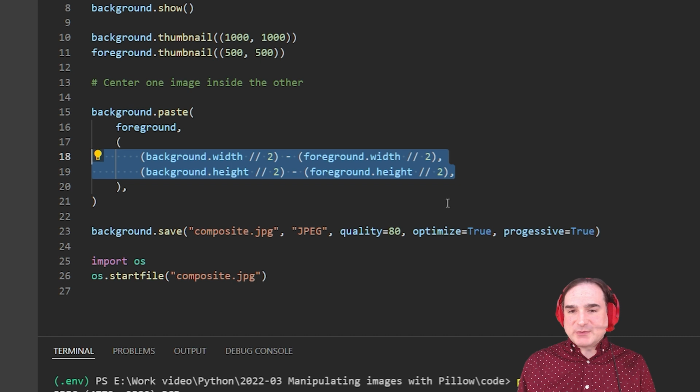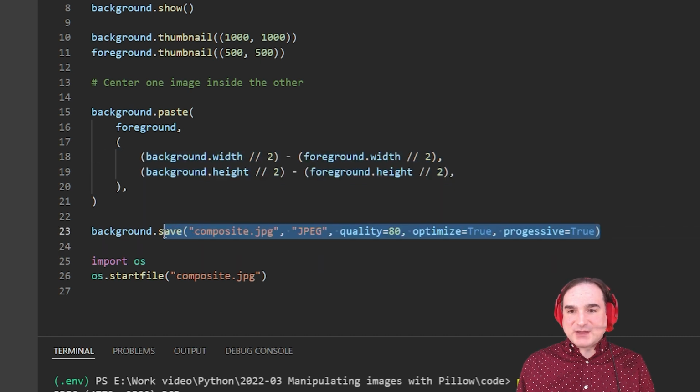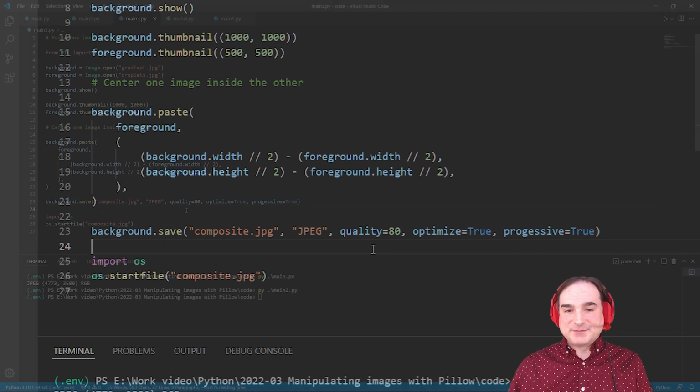Also, you'll notice that when we save out the composite file to a JPEG, we're passing a whole lot more arguments to the save function. The JPEG output module in Pillow, in fact, all of the image output modules in Pillow, have knobs that we can tweak to control the image quality. In the case of JPEG, we can control whether or not we want a progressively rendered image, which is useful for slow downloading, or whether we want to perform extra optimizations on the saved image data at the cost of the save process taking a little longer.